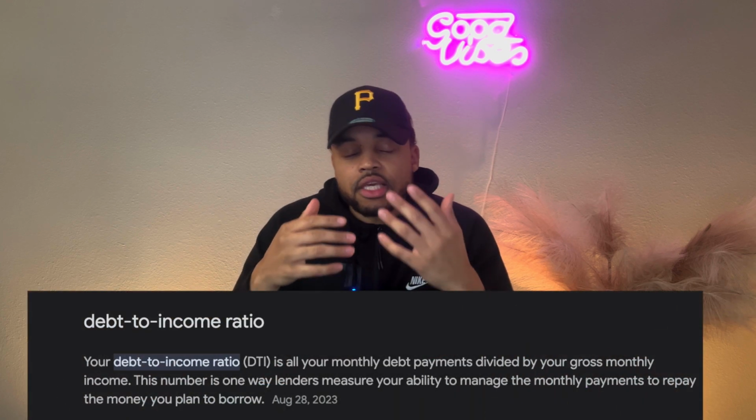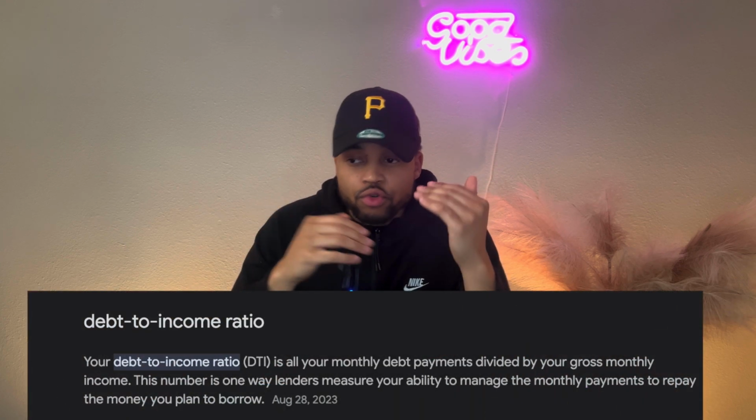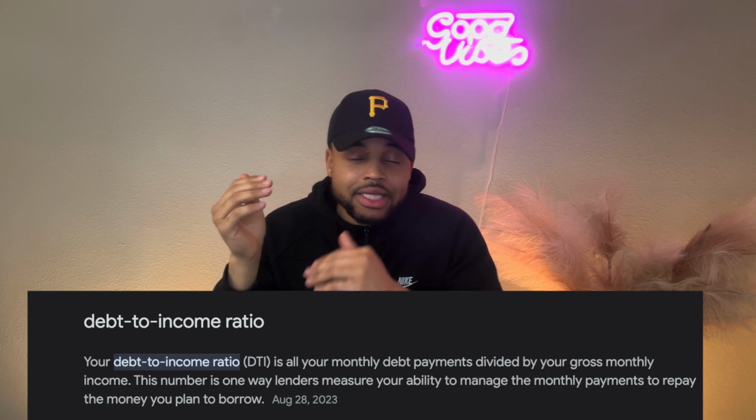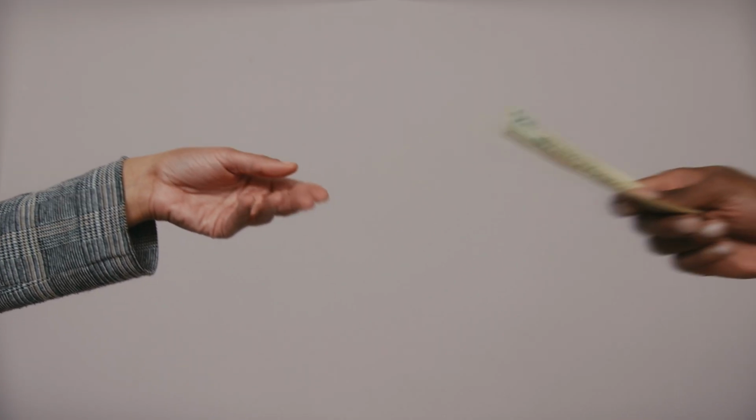Also, again, the next thing that they're going to ask is your monthly expenses, and they want to actually take a peek behind the curtain because they want to see what your DTI is looking like, meaning your debt to income ratio. And again, your debt to income ratio comes to your actual gross income that you bring in every month and your expenses that actually eat that up all at the same time. Of course, I'm being very urban when I'm saying this, but they want to make sure that when you apply for something as far as an auto loan, they want to make sure, hey, do they have enough where we